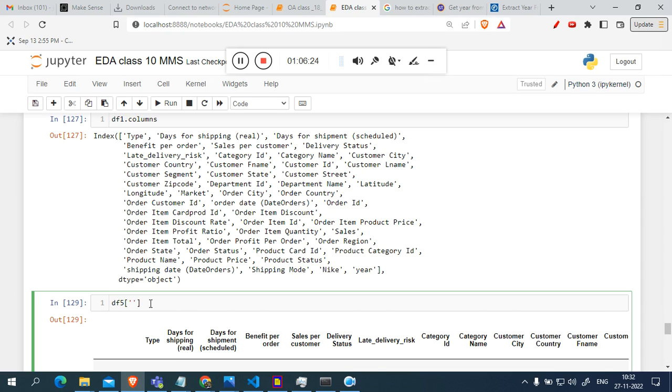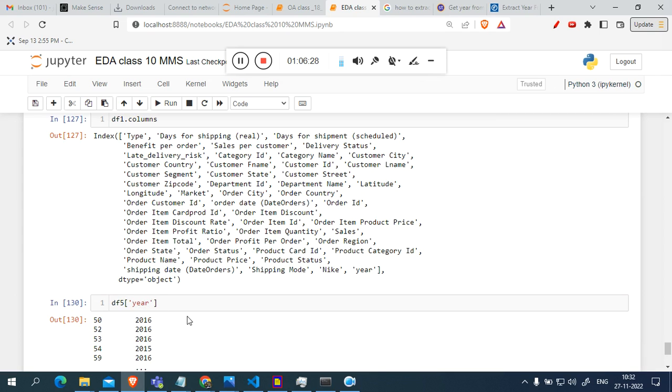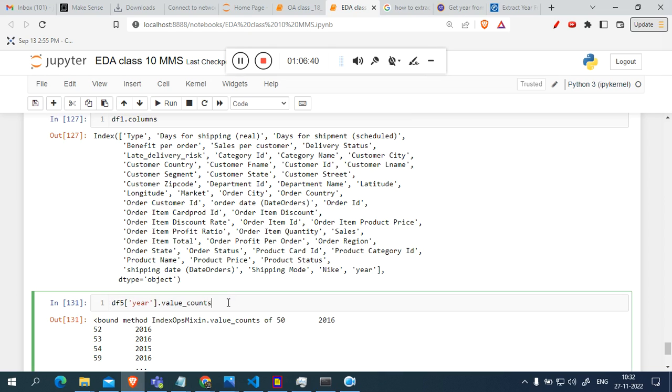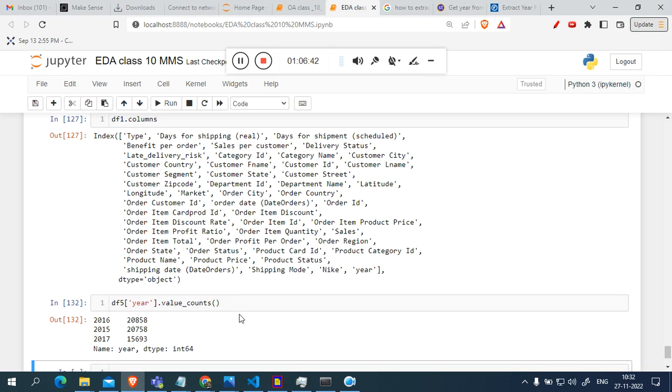So I will pass the year, and you will get the year. Now I want to see value counts, and your answer is solved. Now you can say this is the value counts. I'm sorry, I need to add the brackets. Okay, now you can tell the minimum sale is in